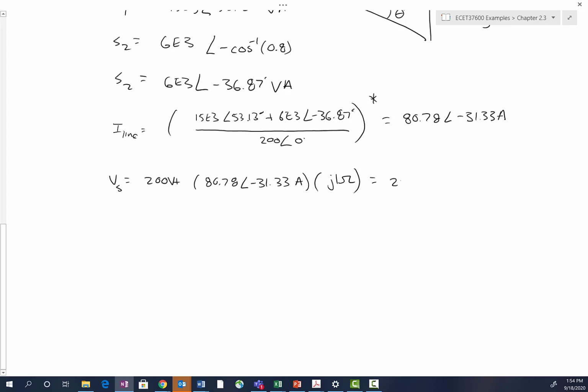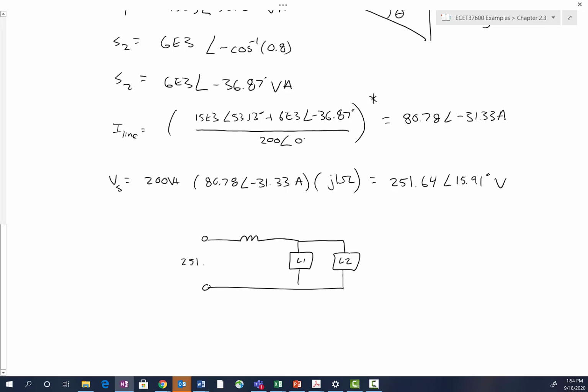And so we get a voltage of 251.64 angle 15.91 degrees volts. So if we were to quickly redraw that circuit, we've got 251.64 angle 15.91 degrees, and we've got